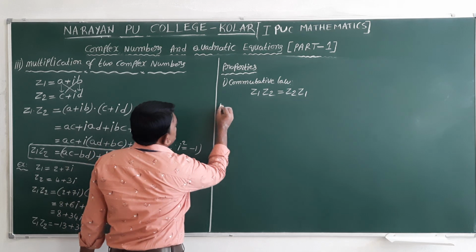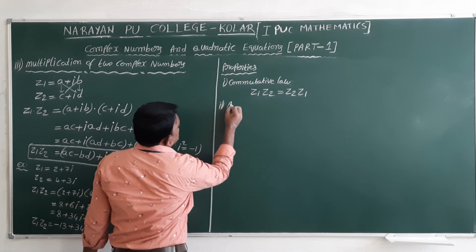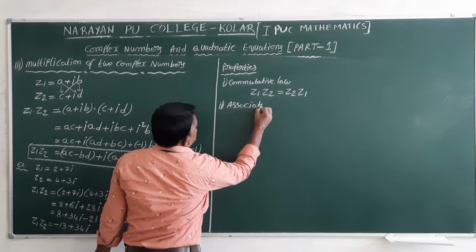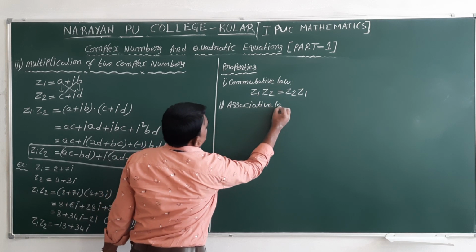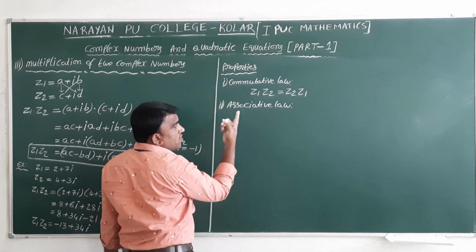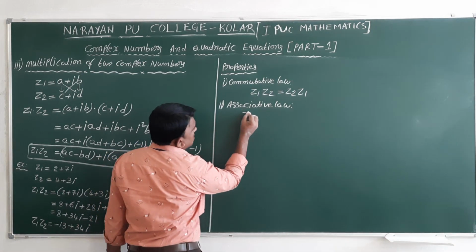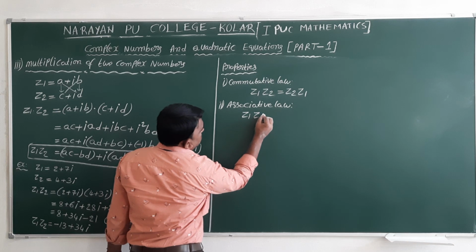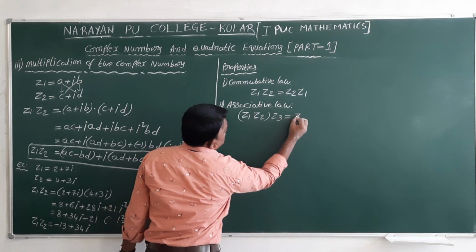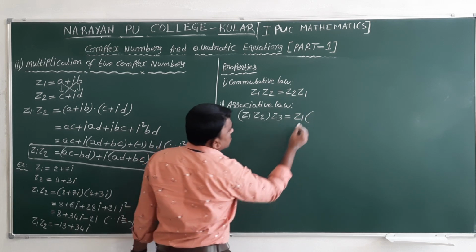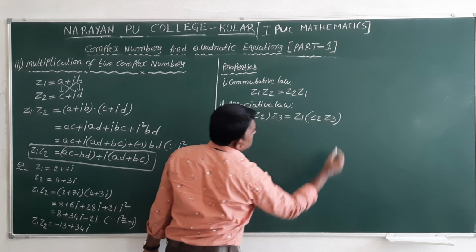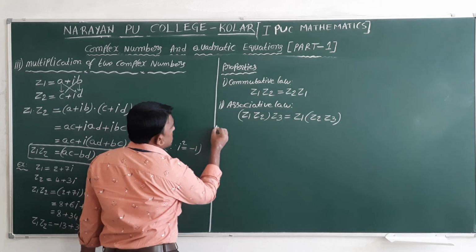Next, second law, associative law. While defining the associative law, we need to take three complex numbers: z1 into z2 into z3 is equal to z1 into z2 into z3. So next, third one,